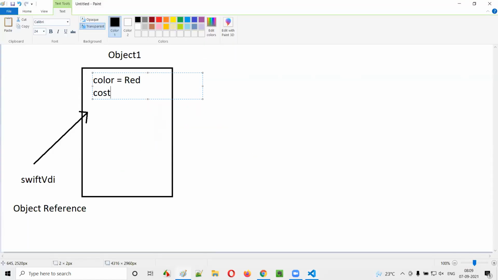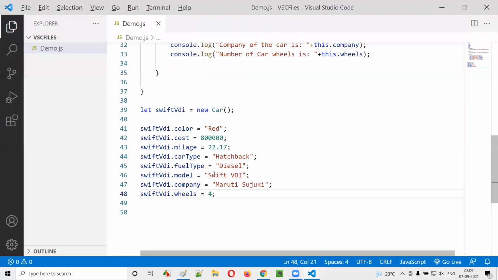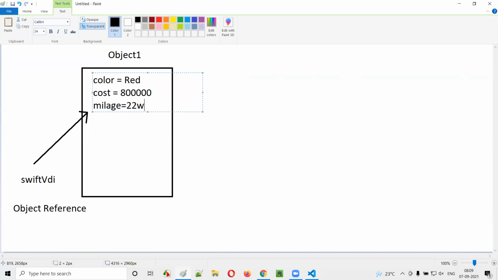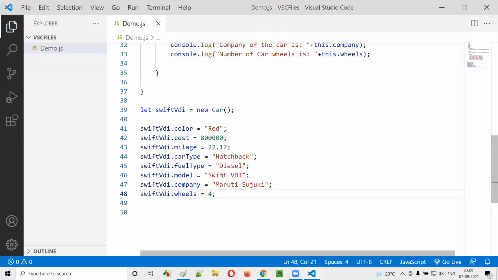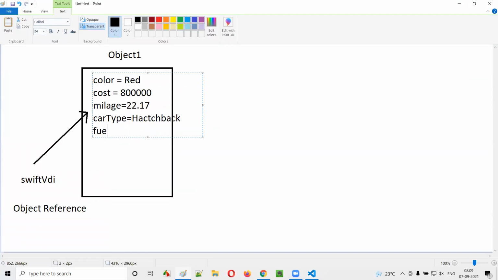Cost is mentioned as 8 lakh. Mileage is mentioned as 22.17. Car type is mentioned as hatchback. Then we have fuel type mentioned as